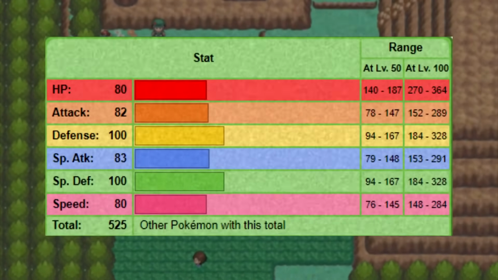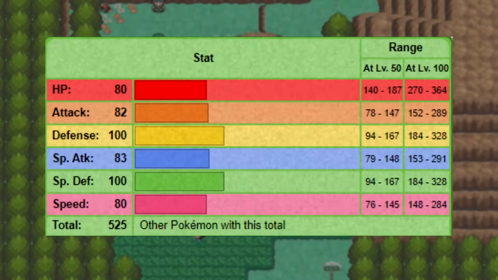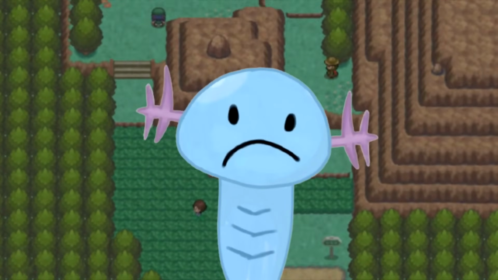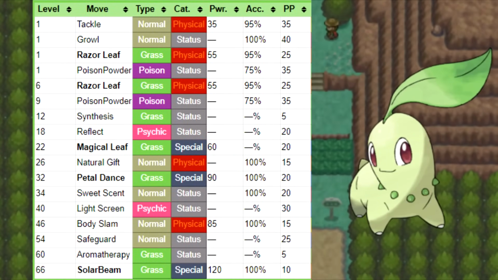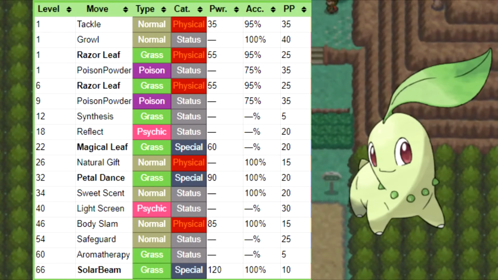Based on its stat distribution, it's pretty clear that Meganium is supposed to be a bulky support Pokemon that can still dish out decent damage if it needs to. However, there's a lot of missed potential here in both the status and attack departments. Looking at Chikorita's HeartGold and SoulSilver level up move list, we can see that it learns Razor Leaf at level 6, which is pretty good for the early game, but it doesn't get any big upgrades until level